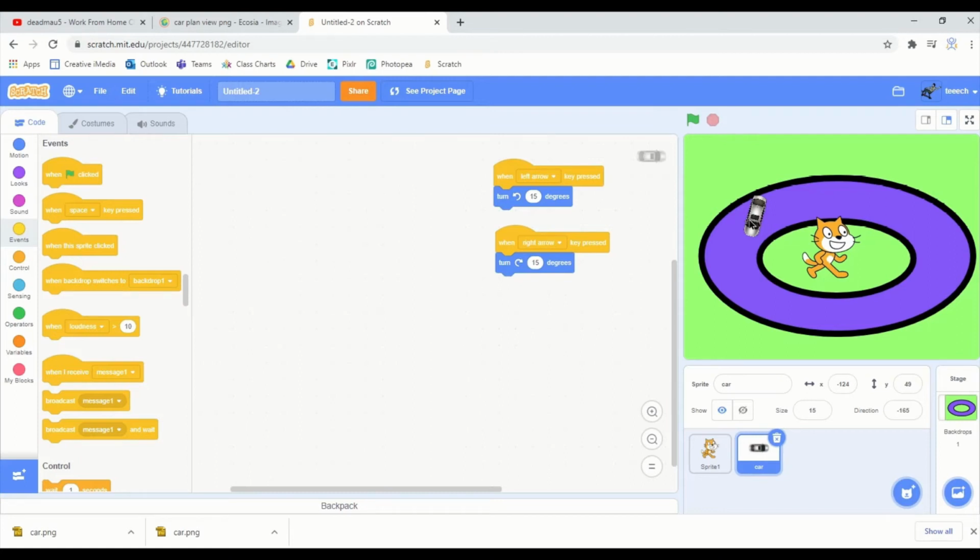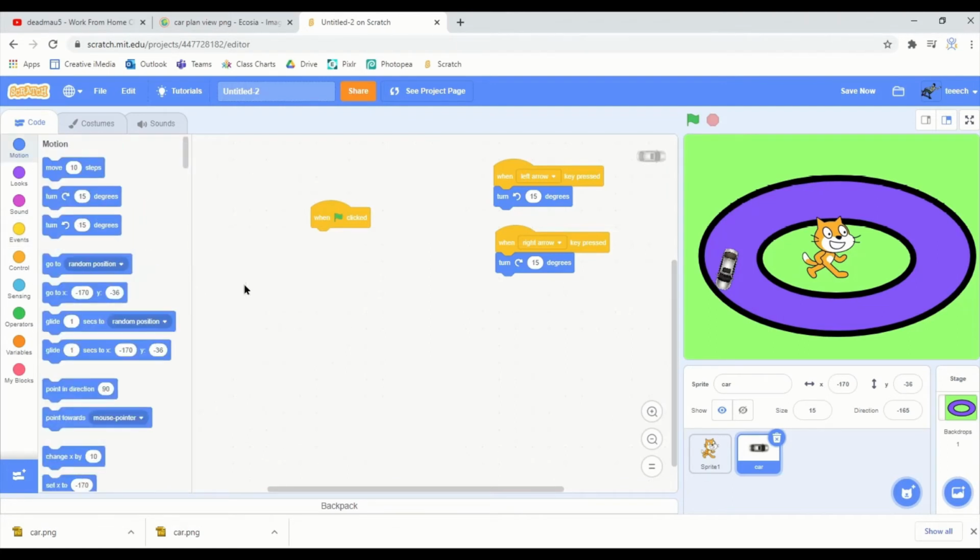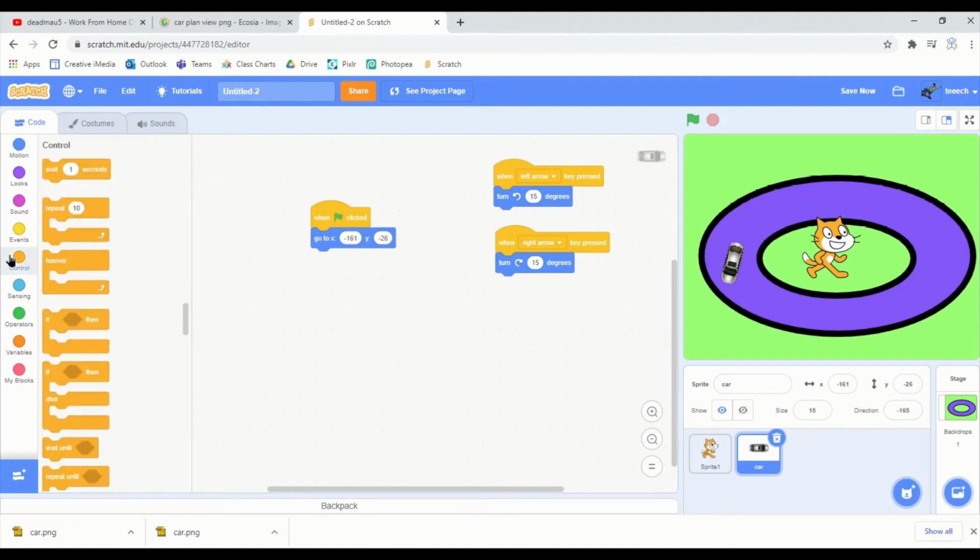Okay, so I'm going to stick that on that side, and I want to set up the speed to begin with. So I'm going to go for when the start button is pressed, I need that go to XY to bring it back into position. The reason I moved this over here just now is this go to XY will pick up the position of the car, so those are the coordinates of the car just there. So go to XY, stick that on there, and then in here I'm going to add a forever